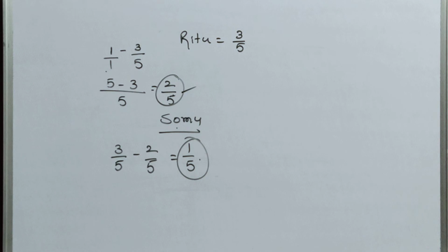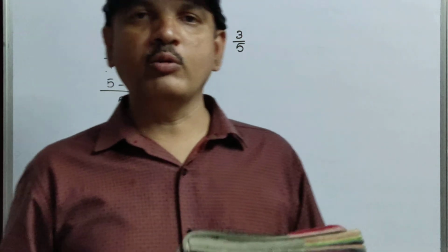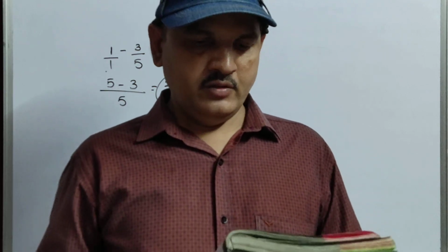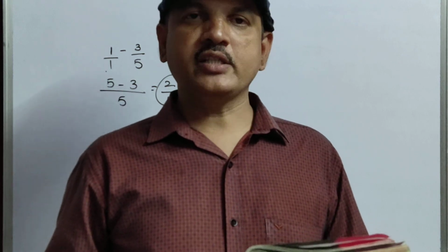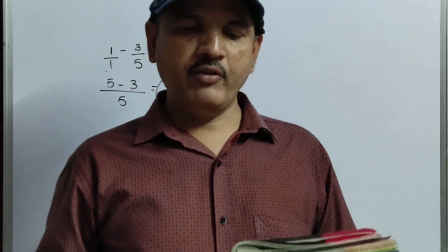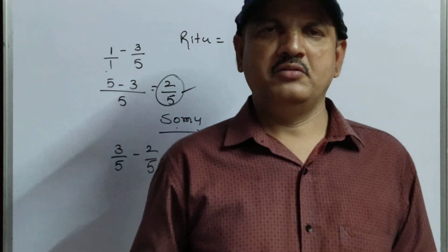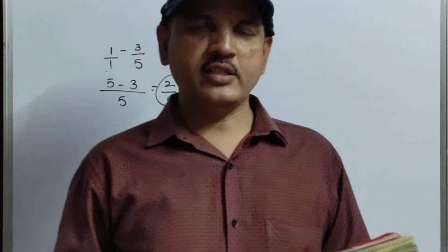So this is the difference between these two, Ritu and Somu. Okay, is it clear? So one sum is left. That sum I am giving you for homework. That is the 8th sum, which is very easy, children. Okay, Michael finished coloring a picture in 7/12 hours. Weber finished coloring the same picture in 3 by 4. Who worked longer? Easy. Just try to understand the question and do it as homework.